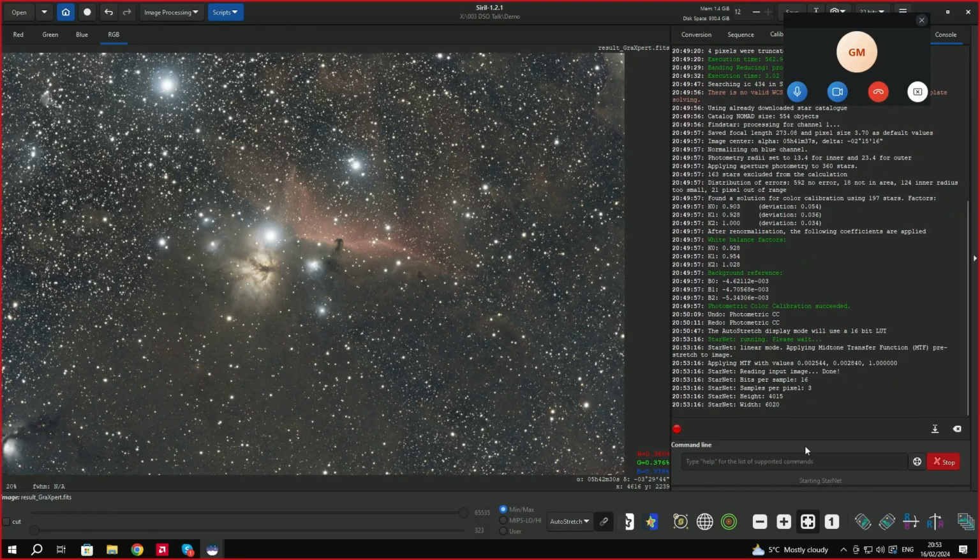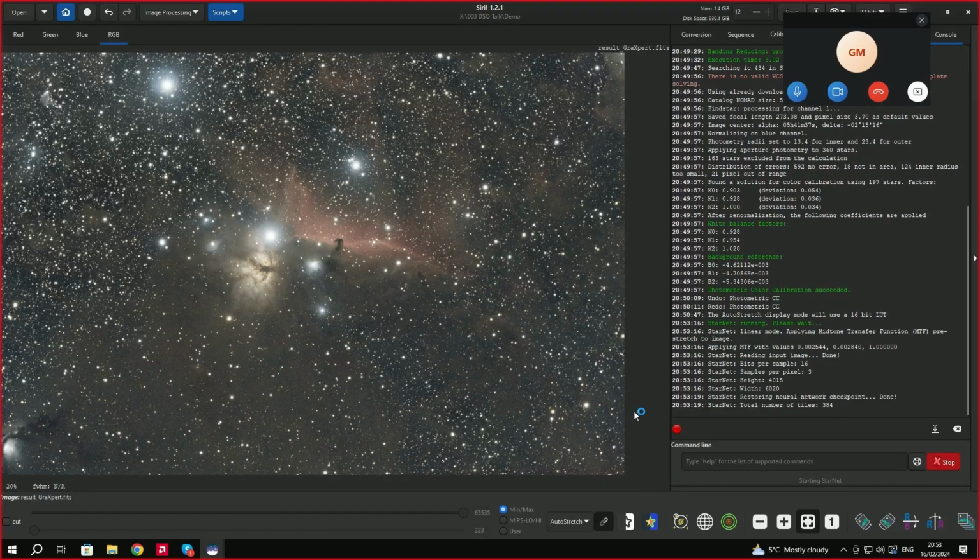and click execute. Now you can see it's doing all the work which you normally would do manually. It does it in the background. First it will pre-stretch it, then it will convert it to a TIFF file and send it to Starnet. Now you can see it's running Starnet. Starnet is now extracting stars, which is the most